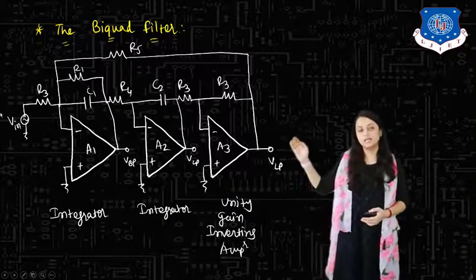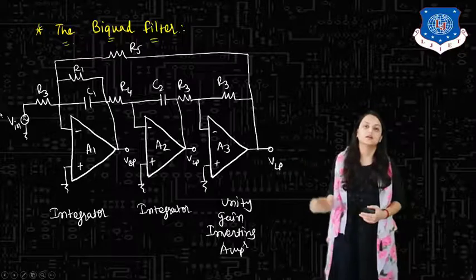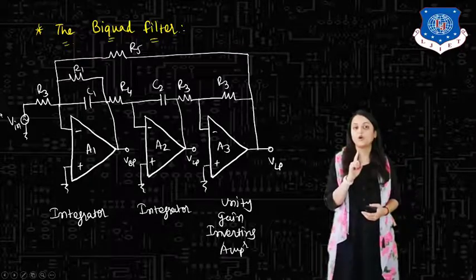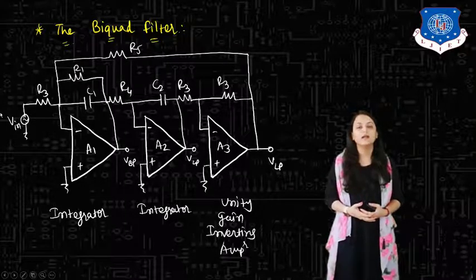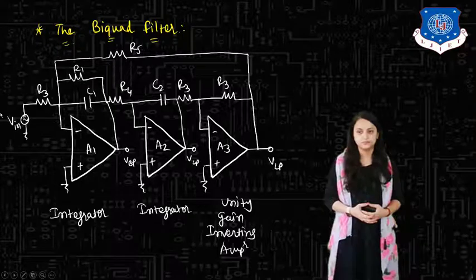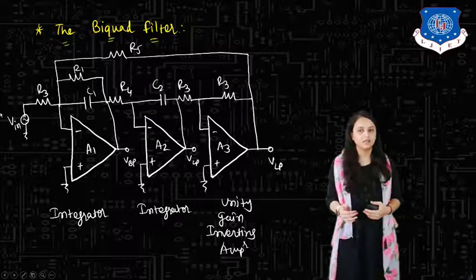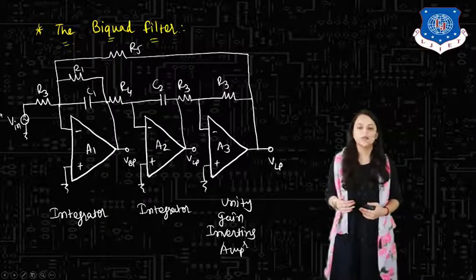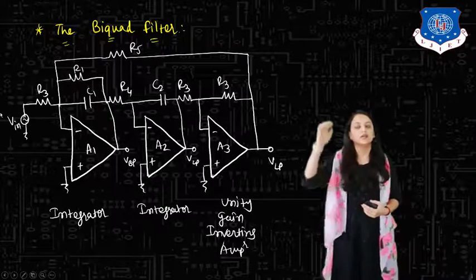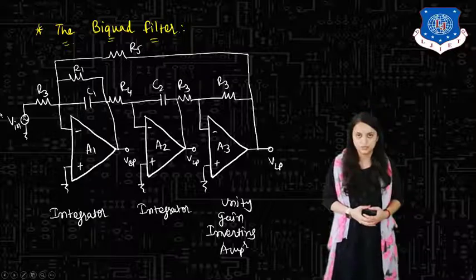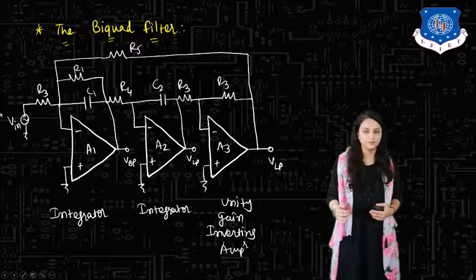The first is called as integrator. Why? Because as you can see in the first op-amp A1, in the feedback capacitance is there, which is the concept of integrator. Same way in the second op-amp A2, in the feedback capacitance C2 is connected and the supply is given to the inverting terminal where the resistance R3 is there. Also in the first amplifier stage, along with the C1, resistance R1 is also there in feedback and the common feedback resistance R5 is used. Same way another resistance is R4, R3 are used.